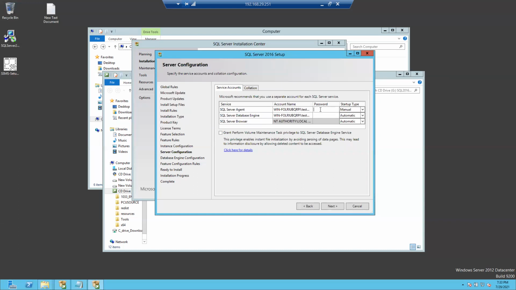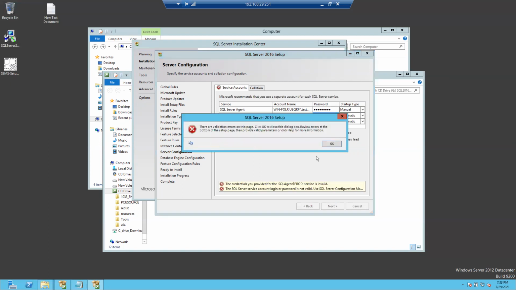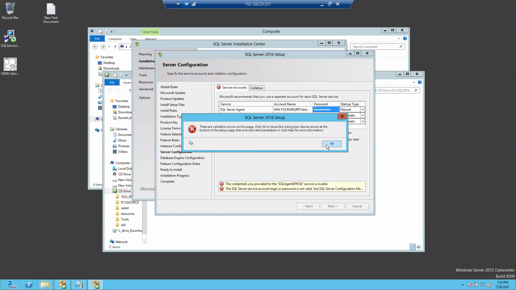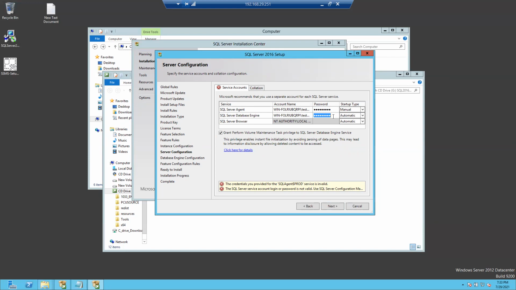Password. Next. The password I provided was wrong.